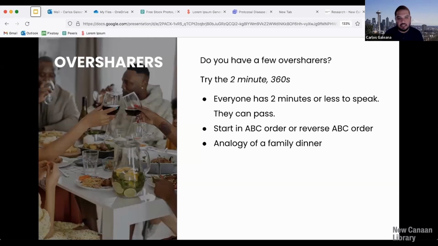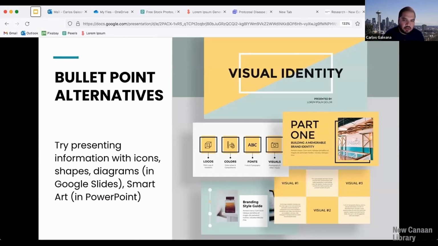Then everyone gets a chance to speak during the first meal. You can skip the first meal if you want. Seconds, and then dessert. So everyone gets a chance to speak if they want to speak. If not, then they can pass. But that way you start establishing that rhythm. And 2 minutes or less is a really great time for a group that's fairly large, like 10 or more. Tips: bullet point alternatives, like what we discussed before, using shapes, boxes, diagrams,